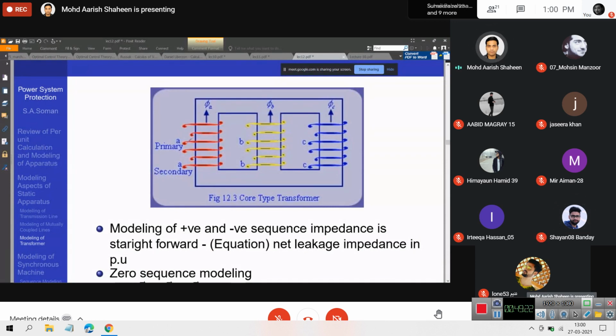So for example, let's assume I am applying zero sequence voltages. So on the high voltage side, or equivalently on the low voltage side, I am doing this. All the voltages are the same. Okay? All the voltages being the same means they are zero sequence. What will happen? Flux will be produced in this limb, flux will be produced in this limb, flux will be produced in this limb. Because voltages are the same, I would expect the fluxes to have an equal magnitude. Okay? They should also be in phase.